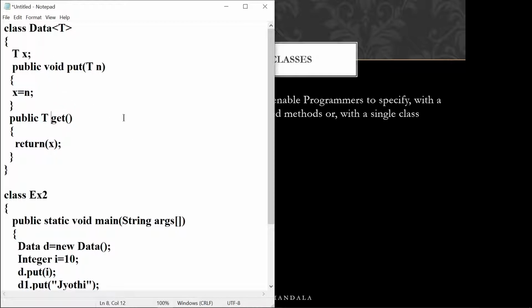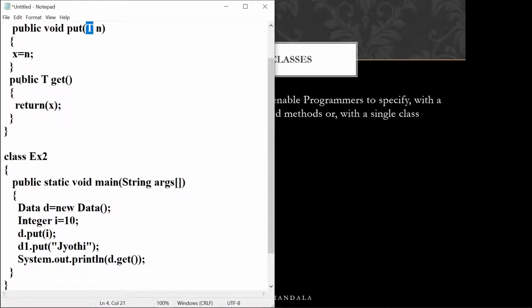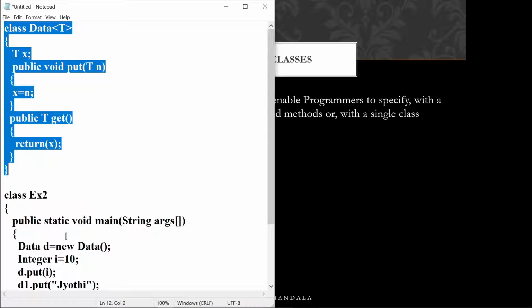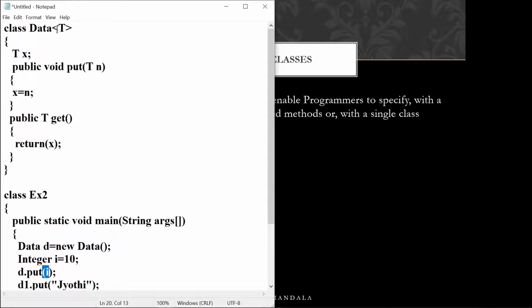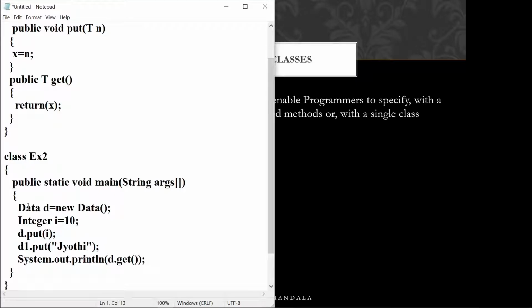Right? Now what do you mean by this? Then how can any data type be accepted? Then how will this know? Here you are passing integer type, so it will accept the integer type for the first step. But how will this know what data type you are passing? That will be known by mentioning the data type or the class name at the time of object creation. So how can you do that? Simply you need to write like this.